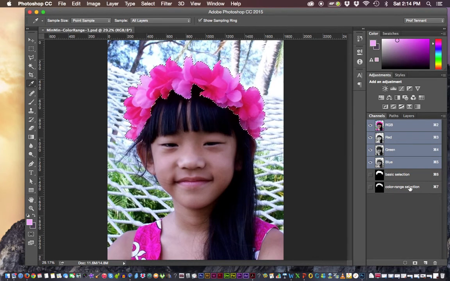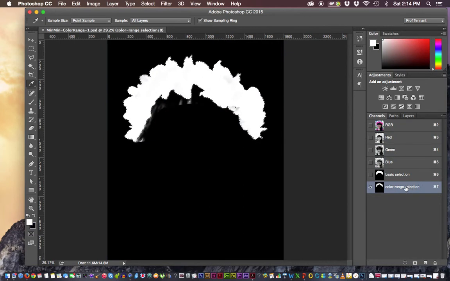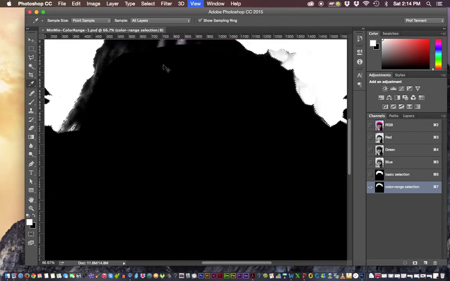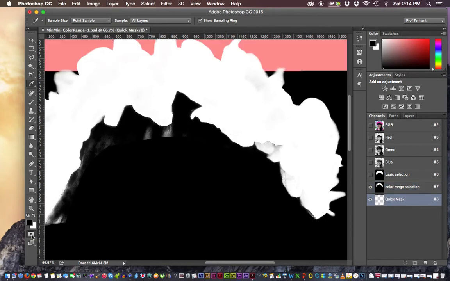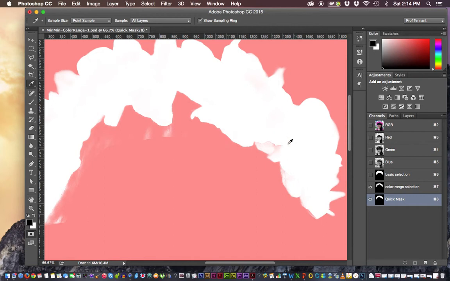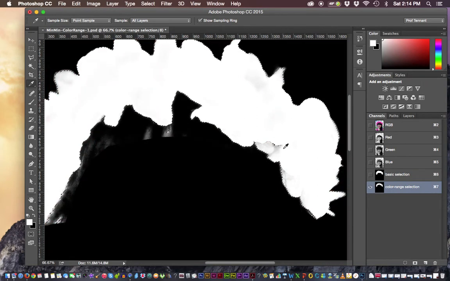And even if I have the color range selection chosen, you see here my selection is basically even the gray areas and whatnot, because if I were to put this in quick mask mode, okay, I am seeing some even where the gray areas, that is actually part of the selection, these dancing ants, even partially selected areas. So if I were to, say, try to erase this, that would not happen with the dancing ants, my marquee